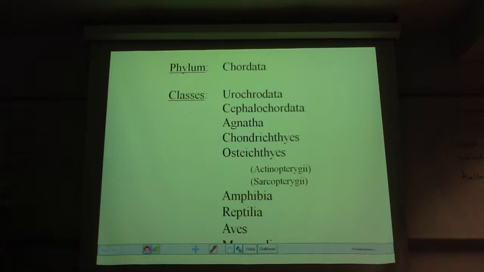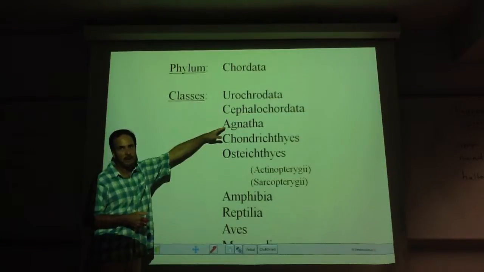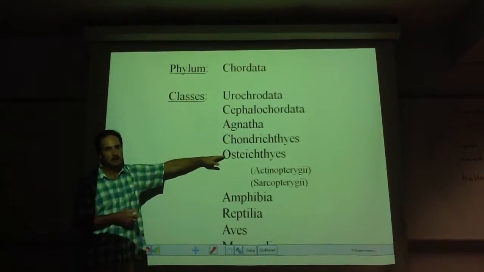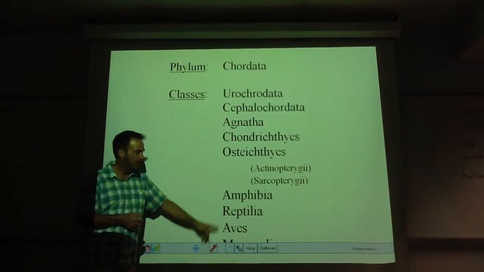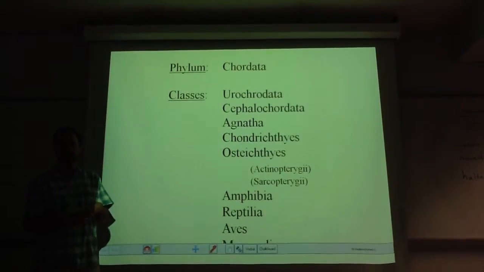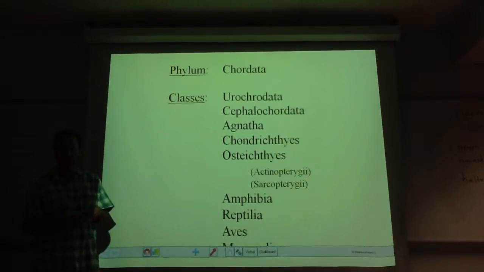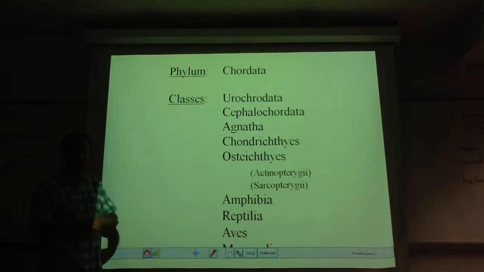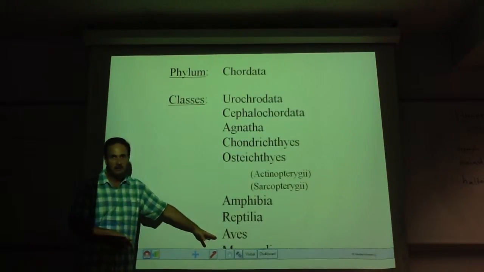Unfortunately, this class right here is not monophyletic. You all know what this means now, right? This group right here is not monophyletic unless you add all of these guys in here. I'm going to show you the tree in a second. This is why I was saying on day 1, you're a bony fish, because I can't make bony fish a real thing unless I add all of the tetrapods. It's a paraphyletic group without tetrapods. Now you know what that means, right? Y'all know the problem we've got here, right?